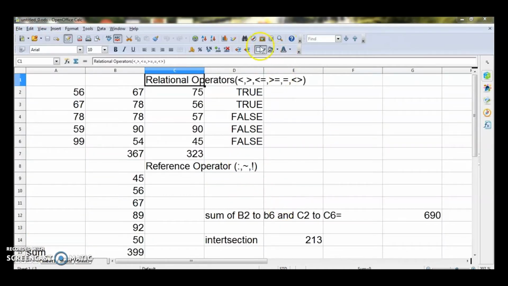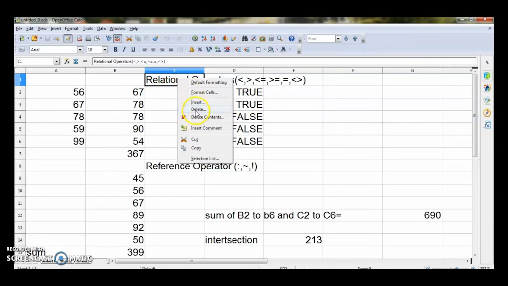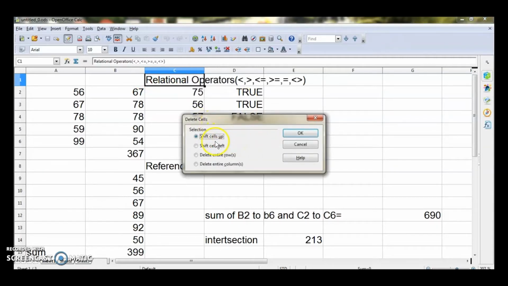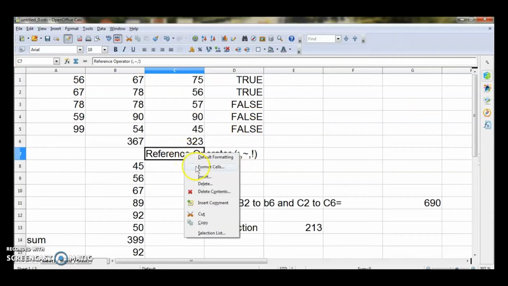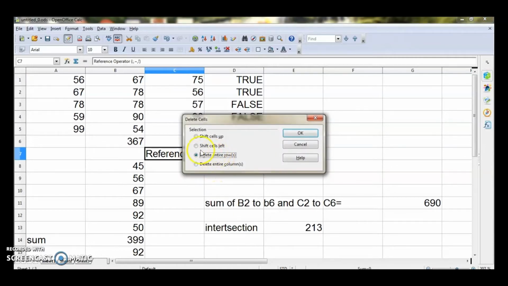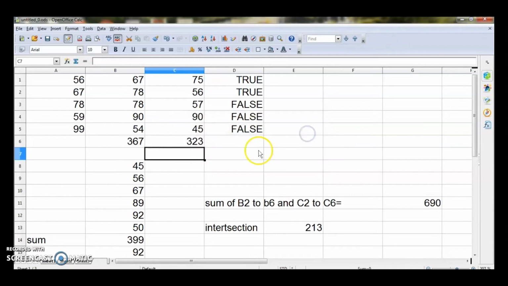So in this, suppose I want to delete this cell, okay. So now I have selected this cell and I have given right click and then there is an option called delete, okay. If I click delete, it's asking shift cells up, shift cells left, delete entire row. So if I want to delete entire row, I can give delete entire row and then give OK. So that row will be permanently, entirely deleted. Similarly, if I want to delete this cell also, I have to go to delete and then if I give shift cells up, if I give OK, that particular cell will be shifted up.